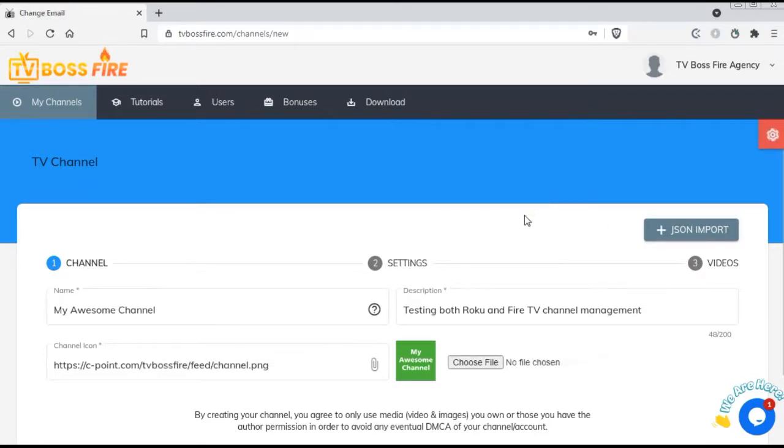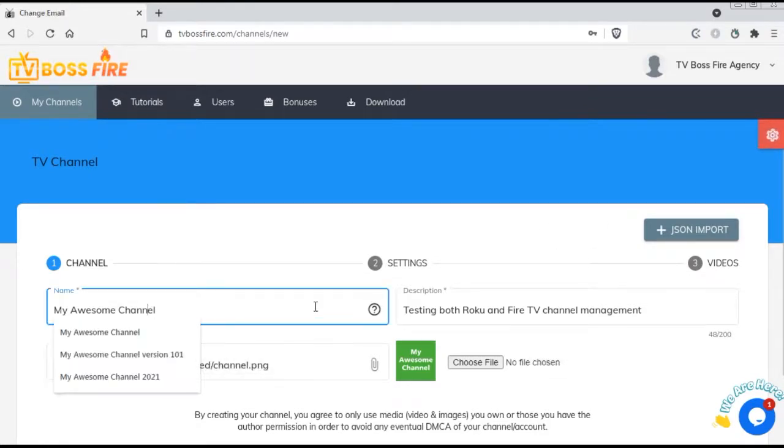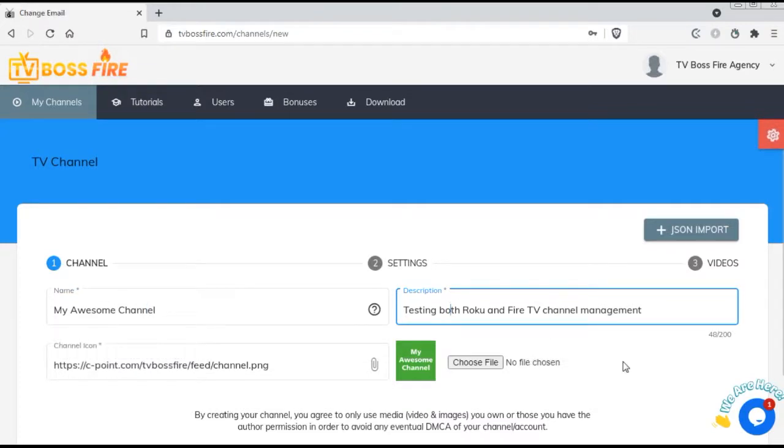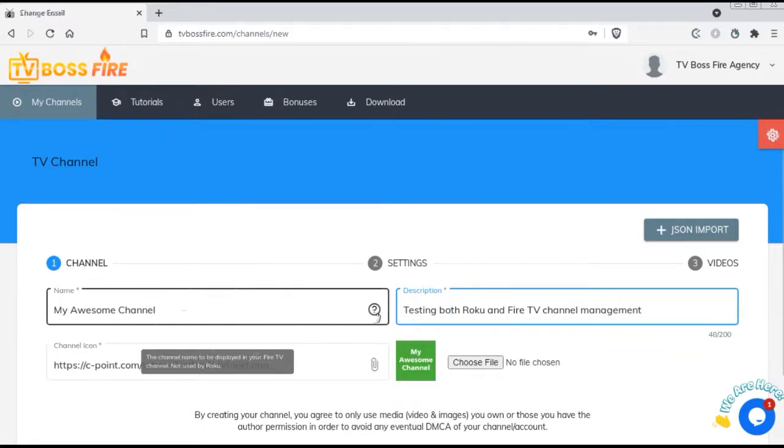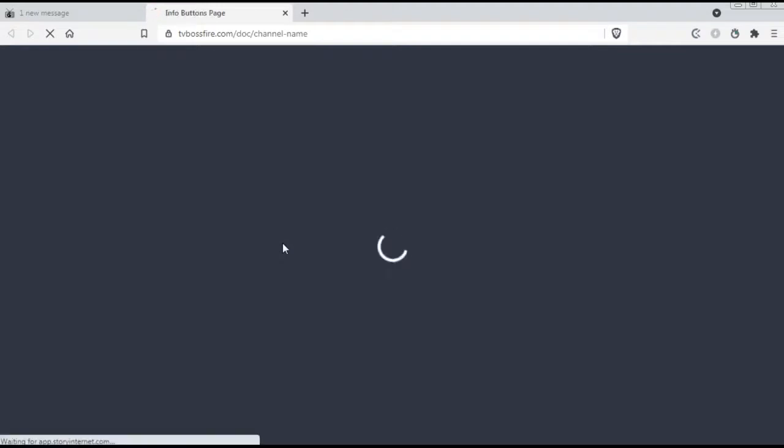To guide you through the whole process, we've already preloaded some dummy data, and if you hover over any field you can see a short tooltip message that will tell you what should go there. Also, you can always click on the question mark and that will lead you to a page where you have a description of that field.